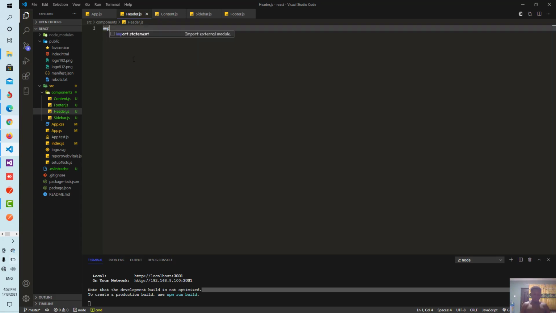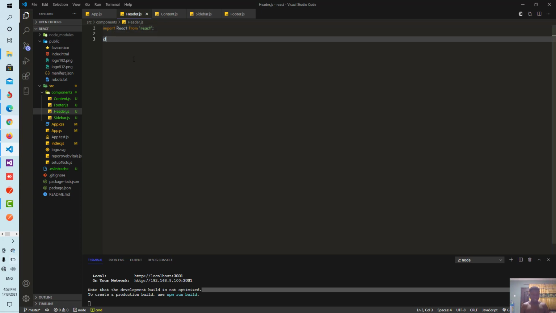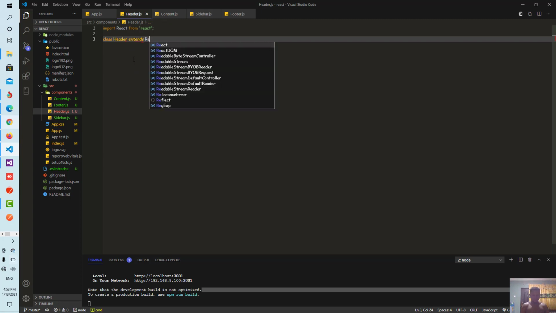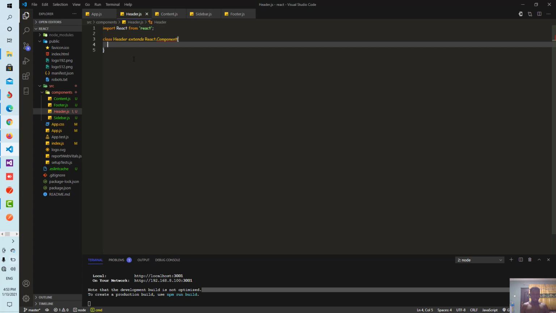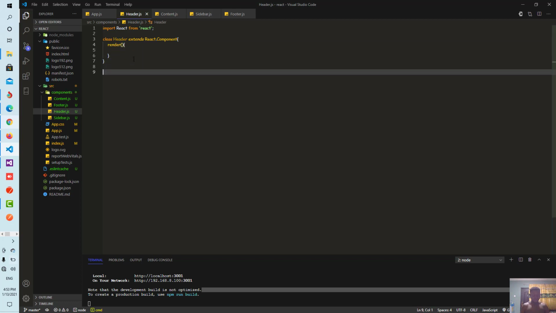Is that okay? So I'm going to go inside the header component, and I'm going to compose a class component here. First off, I'm going to import the React library from React, and then we are going to start off with class. Then the name of the component is header, extend from the base class React.Component. And then the most crucial but important method of every class component in React is the render method. So the render method is here, and we are supposed to export this